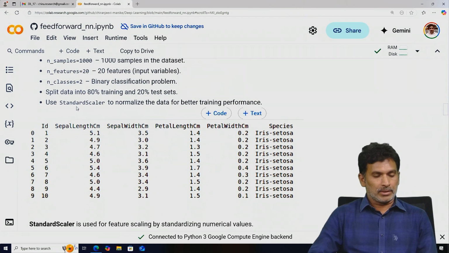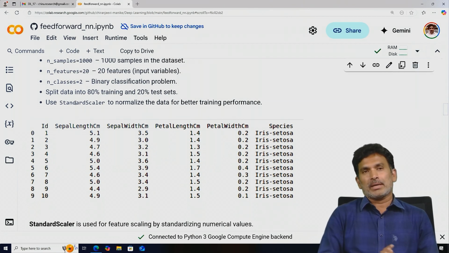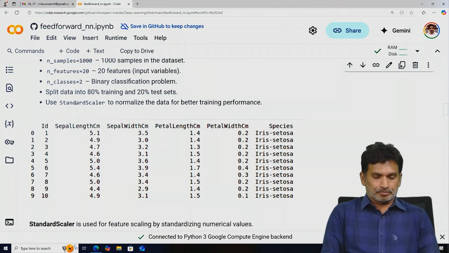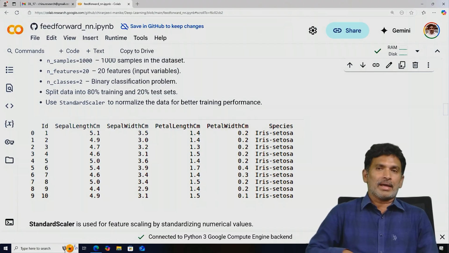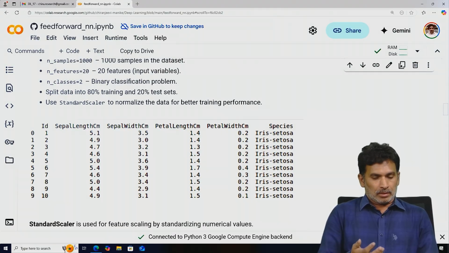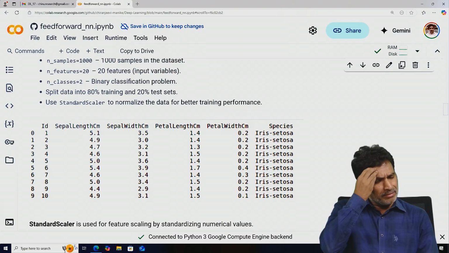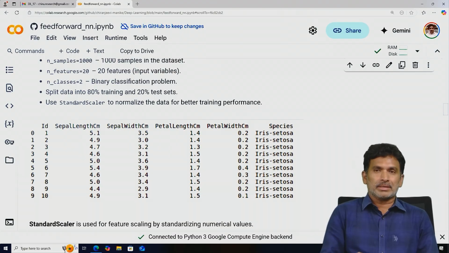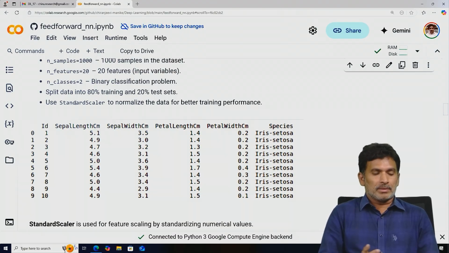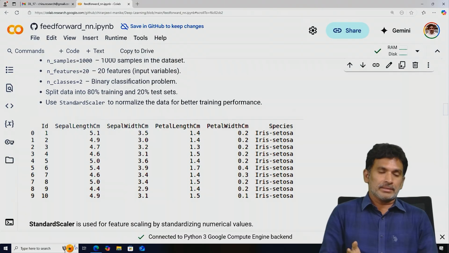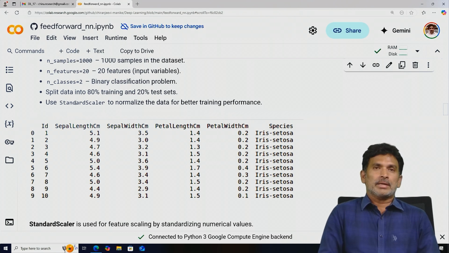Next, as I have already explained in data mining and a few other previous lectures, if the magnitude of one attribute's values dominates the magnitude of the other attributes' values, it deviates the training. So for that purpose, we have to standardize the values. In this code, we are going to use a standard scaler to normalize the data